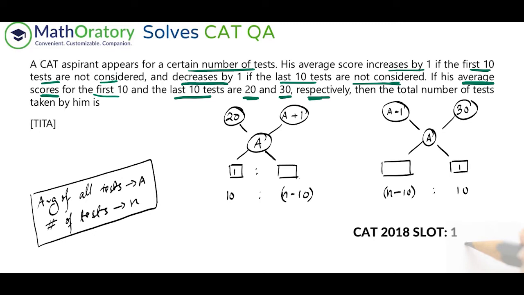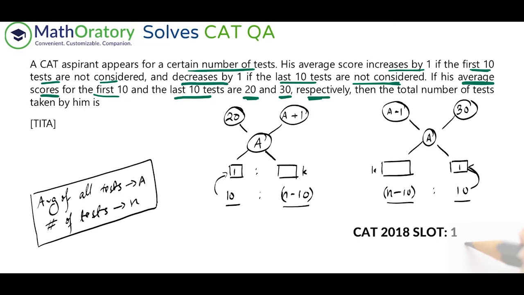I mean, there's a symmetry here. We have 10 is to n minus 10 on this side, and we have n minus 10 is to 10 on this side, right? And in both the cases, the 10 is corresponding to 1. Now, n is a constant value, isn't it? So the n minus 10 should be a certain constant. So there should be a certain k, right? Whatever is the k here should be the k here.